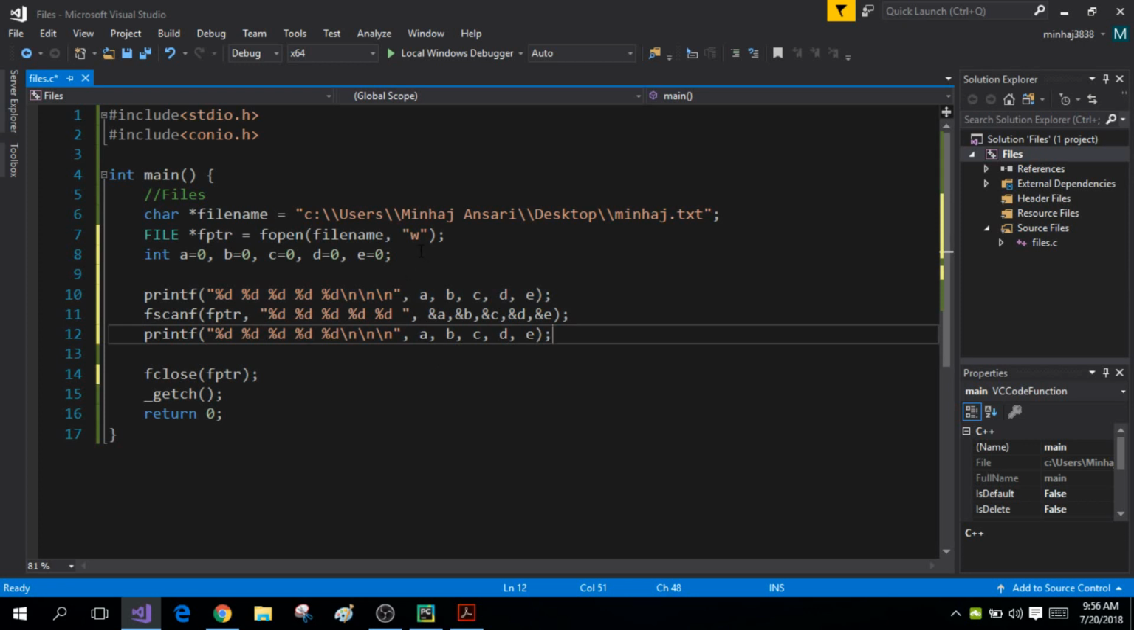And one last thing to keep in mind is that since you are reading information from your file, you have to change the mode to read mode and simply replace the W by an R, because the fscanf is reading information from the file and copying it into your program. So now when I run the program,